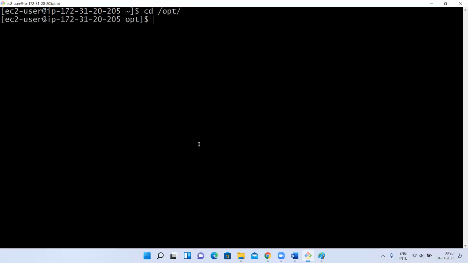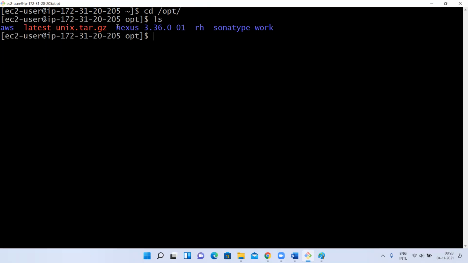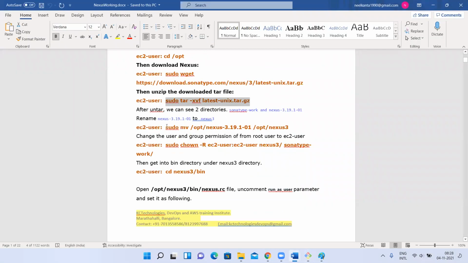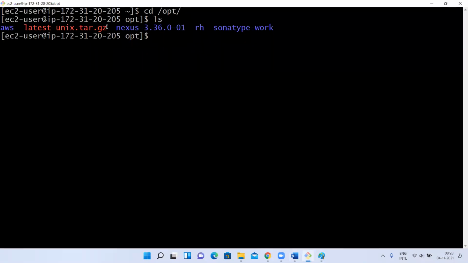as the name of this folder is long, with the version and all, let us rename it with a smaller name. Remember, when we extract it, two folders will be created: sonatype-work and this nexus folder. This name is a little complex with the numbers and all, so I'm going to rename it.